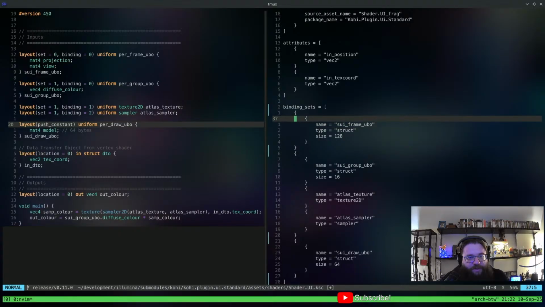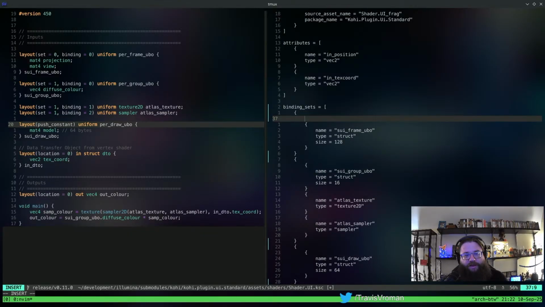And then each one of these has bindings, right? So how do I want to do this? This technically is going to be, the name of this one is going to be SUI global binding set.